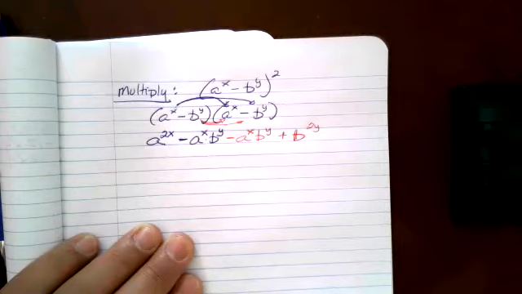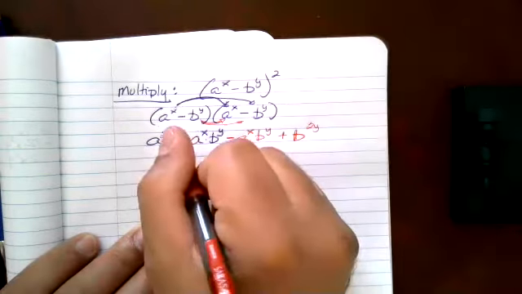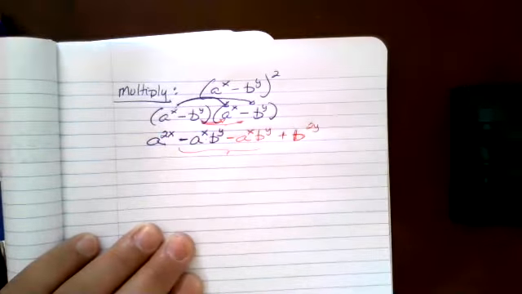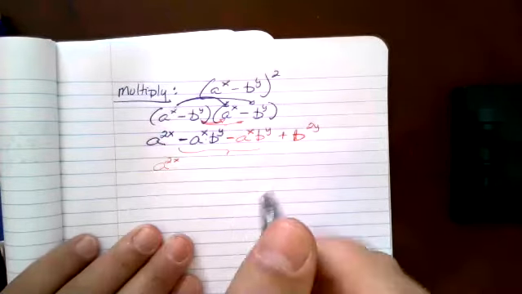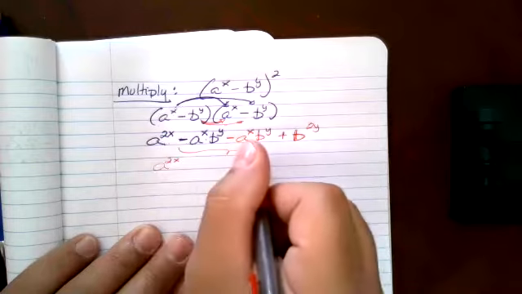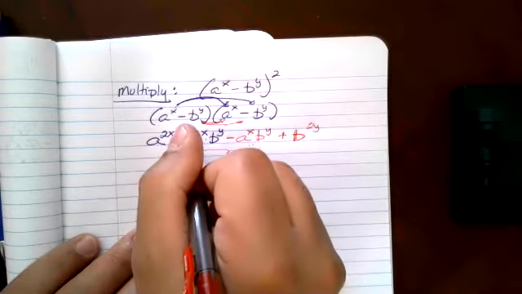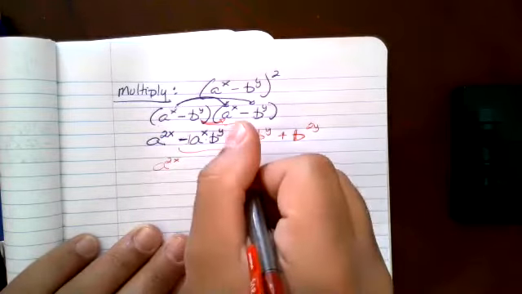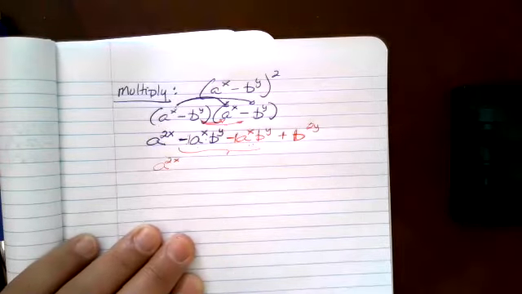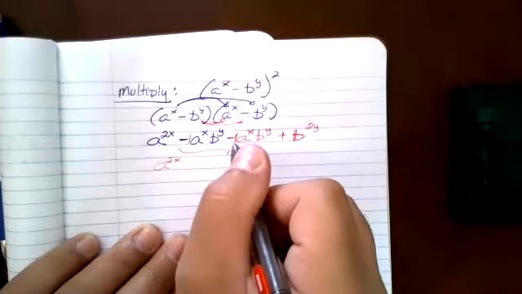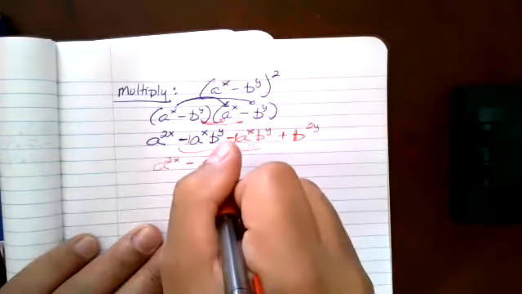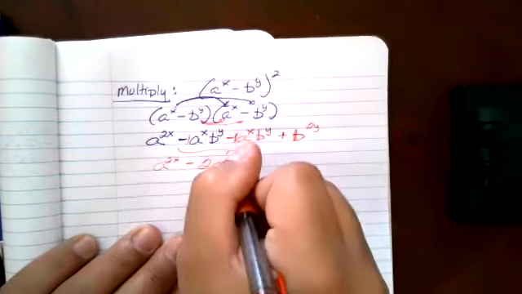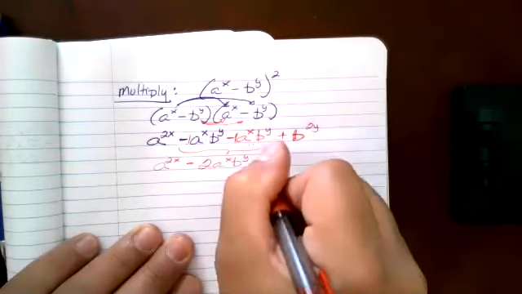Once I've distributed both terms, I could combine my like terms. So here I have a to the 2x, negative, these are like terms, they're both exactly the same. Here I have a -1 and a -1. I owe my brother $1, I owe my mother $1. I am minus $2 a to the x b to the y plus